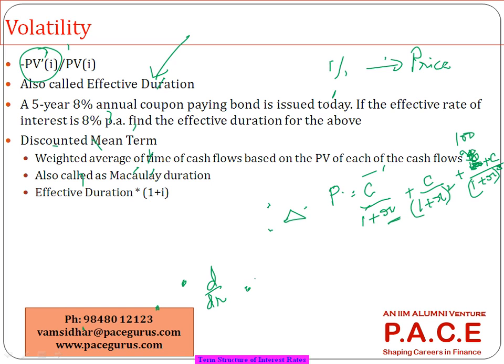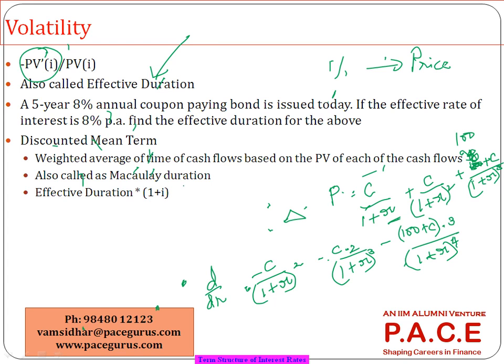So what will happen, just assuming that your concepts of derivatives are fine, we are taking it as minus C by 1 plus R squared, minus C into 2 by 1 plus R cube, minus 100 plus C into 3 by 1 plus R to the power 4,